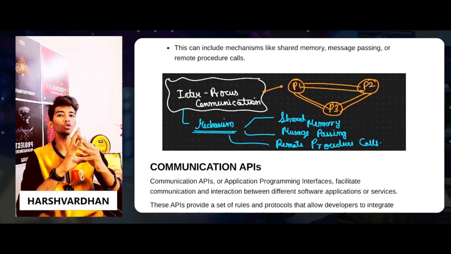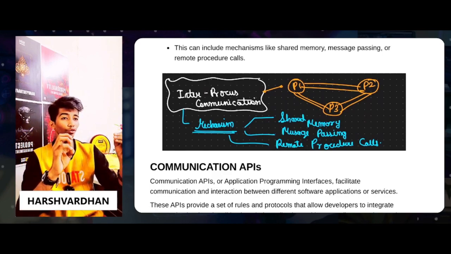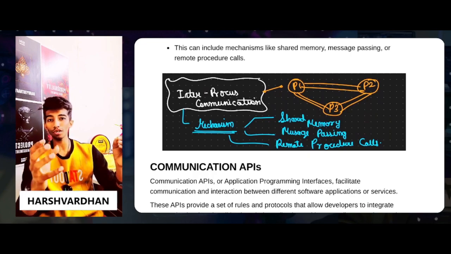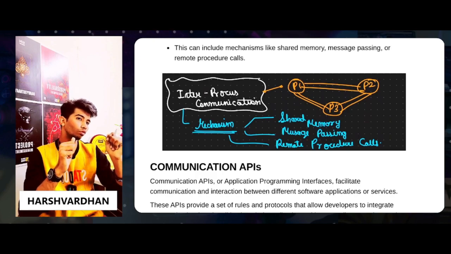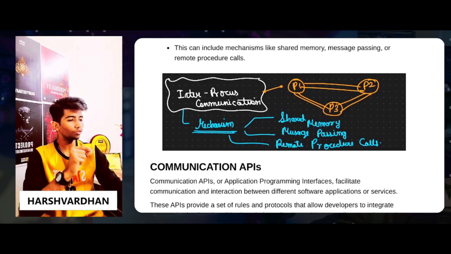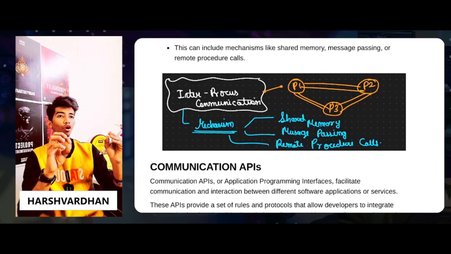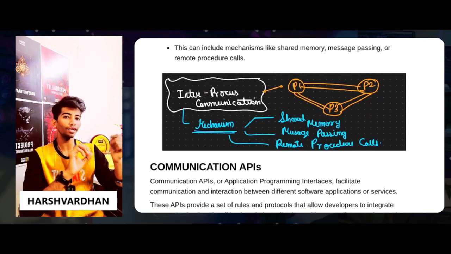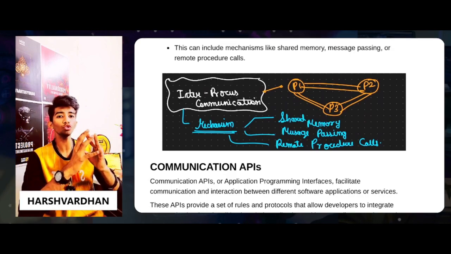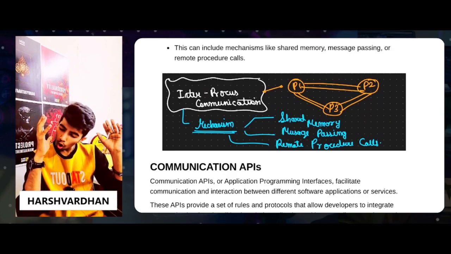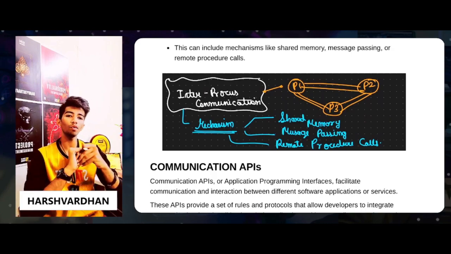IPC is a very important point of contact when you talk about system calls or things like the operating system, because all kinds of processing in your computer system work through communication. Like one processor is informing another that I have done my job. Suppose you are running two or three applications on your system; all of them are run by IPC, or inter-process communication. Without that, the working can't happen.